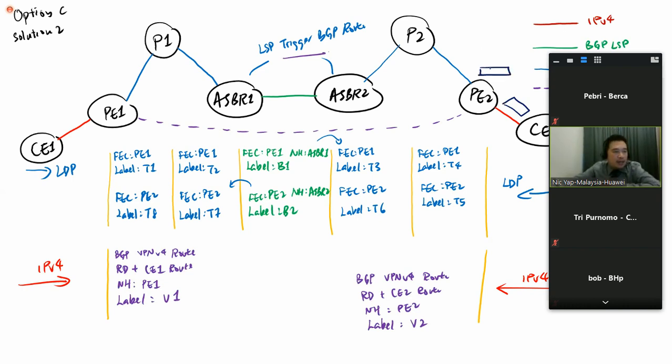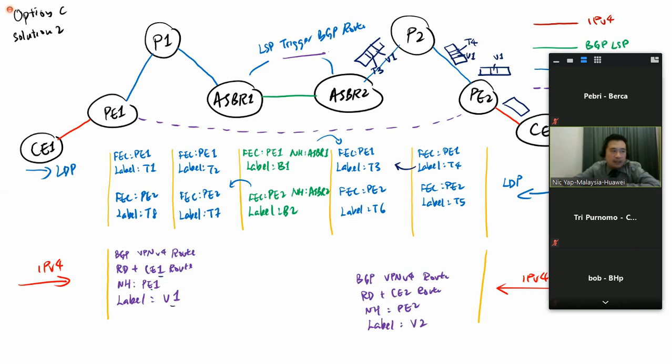first PE2, you want to go to CE1. First, I will add a label for you. The label is called V1. Okay, that is the CE1 label. CE1 route, I add label V1. My next hop is P1. So when I check P1, do you have a label for me to go out? Yes, I do. V1 is my inner, and the outer is my T4. P2, you swap the T4 to T3 and send to the ASBR. V1,